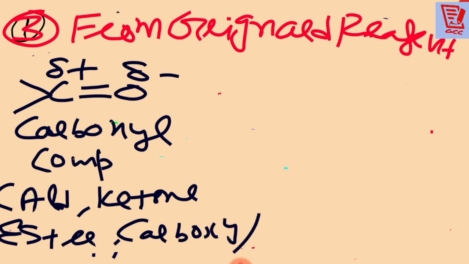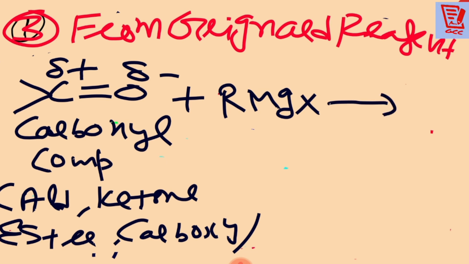Fine. Now we are going to give this reaction with the Grignard reagent. Beta, I told you in the haloalkane and haloarene chapter, in the Grignard reagent, R is always negative. Why is R always negative? Because in the R there is a carbon which is more electronegative. R is negative, here Mg is positive.